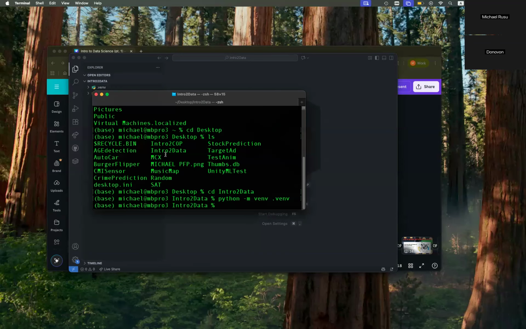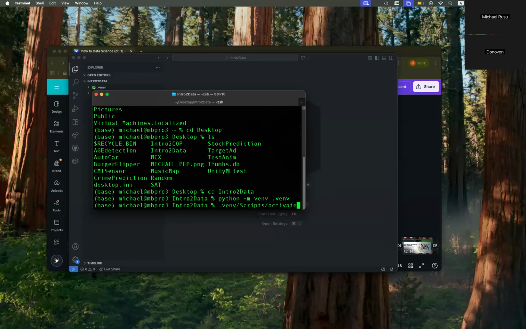So now we need to install those packages. How do we install those packages? Well, we need to go inside of it. So for Windows, most of you guys have Windows, I believe, the command for that will be .venv, or whatever the name is, /scripts/activate. And then it'll change to say the name of your virtual environment, like instead of base.